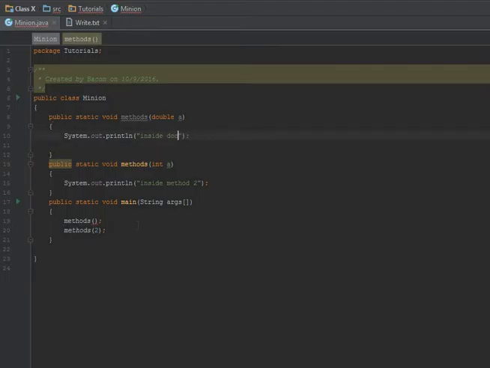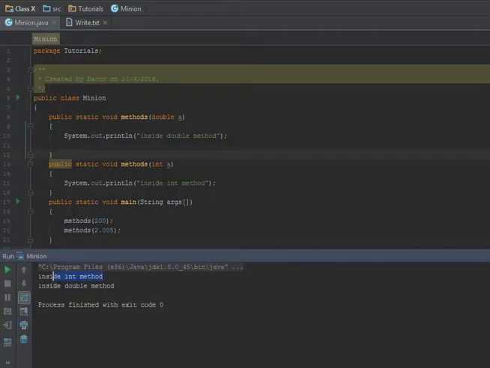So inside the double method, like the name, it has a double, right? So it's going to be like inside int method. Now let me just go ahead and type over here 200, and over here I'm going to type 2.005. Now what's going to happen is, now these are the same methods, right? So if I run this,